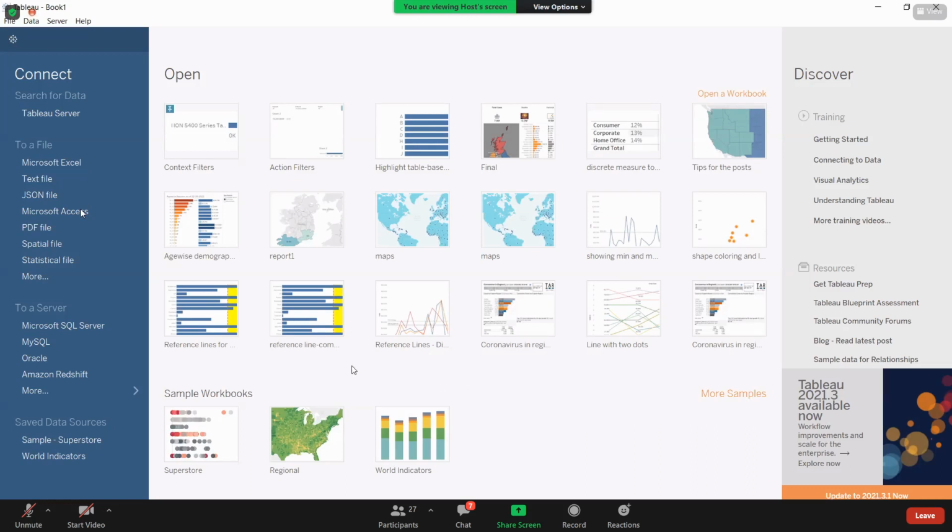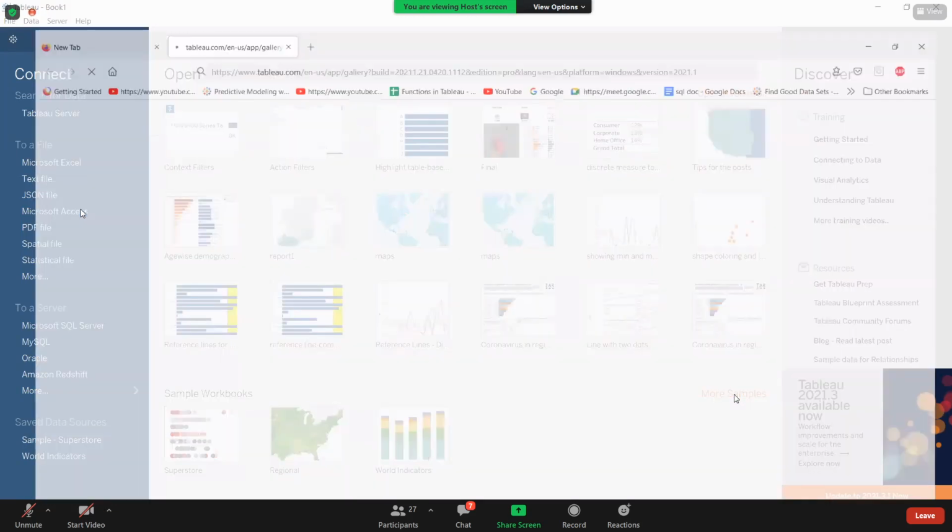website. You can go through that. Here it is providing you some sample workbooks. Why is it providing them? To show what is possible through Tableau, how we can build the views in Tableau. You can just have some idea by looking at this. If you want to look at more samples, just go to more samples.